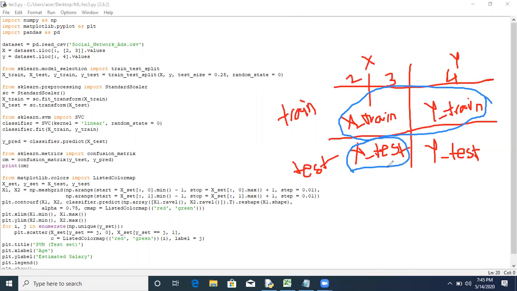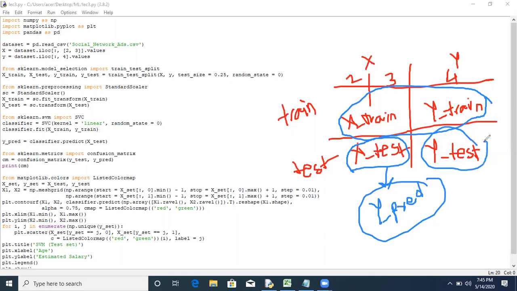Machine will generate its own result, which we will store in one variable Y pred, and then we will compare this Y pred with Y test using confusion matrix. So we will apply the confusion matrix, and from the confusion matrix we will get accuracy. So those who want to learn about confusion matrix, just visit lecture number 2. In that lecture we have already discussed in detail what is confusion matrix and how to find the accuracy using confusion matrix. Same thing we are doing again.